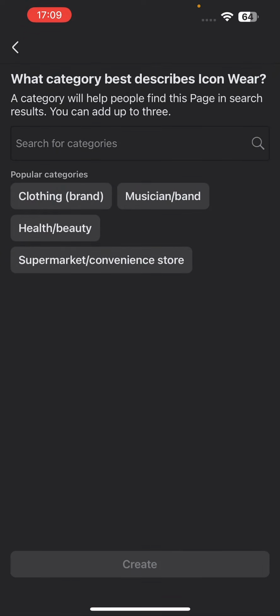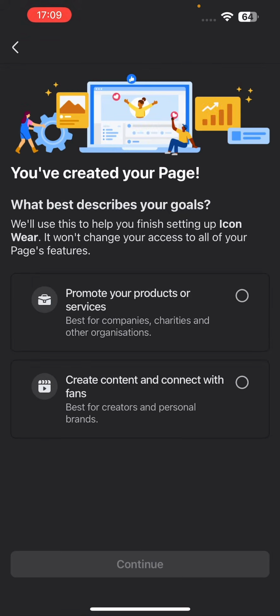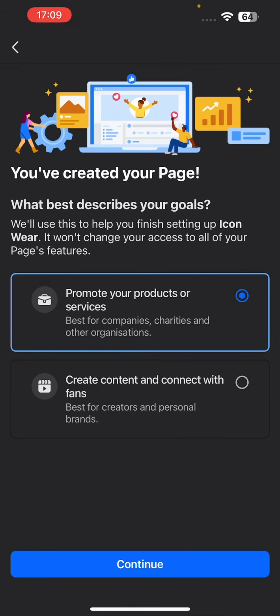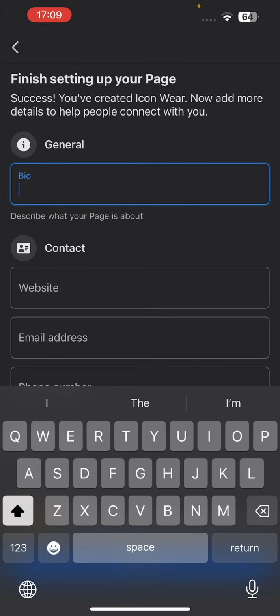Search for the categories. Here you can search for any category you want. So it can be real estate, depends on your business. So I will just select clothing brand and click on create. Click on this option, whatever you fall in, click on continue, and you can